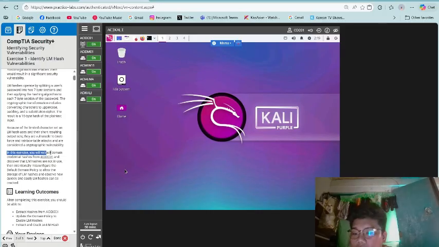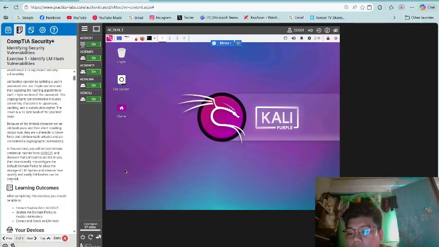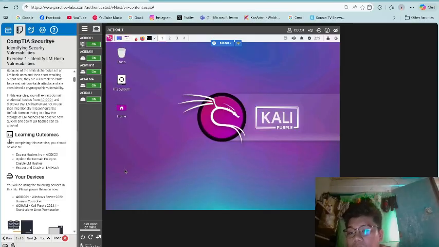In this exercise, you will extract domain credential hashes from ACIDC01 and discover that LM hashes are not in use. Then intentionally misconfigure the default domain policy to allow the storage of LM hashes and observe how quickly and easily LM hashes can be cracked. So learning outcomes.